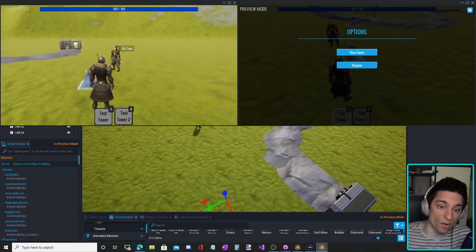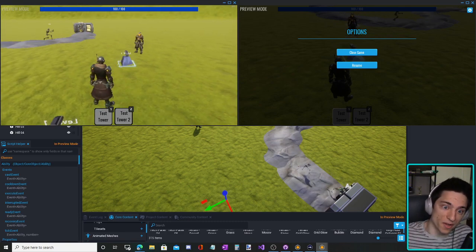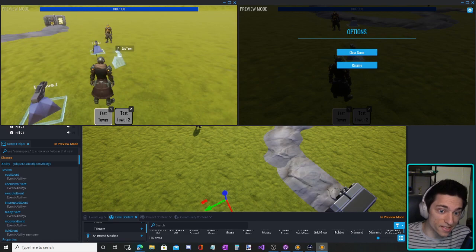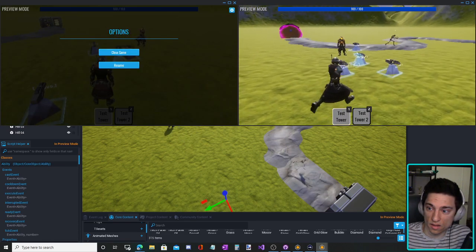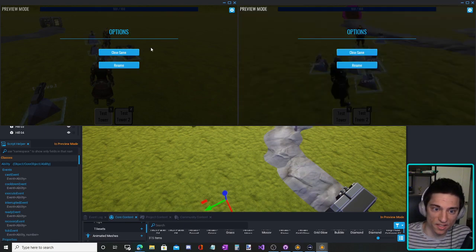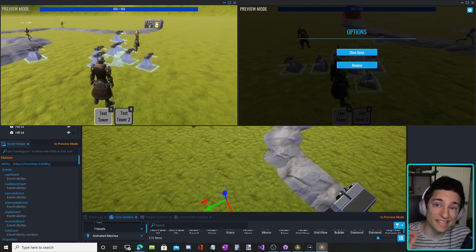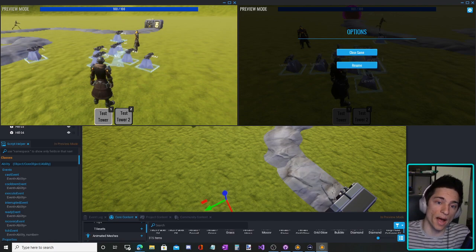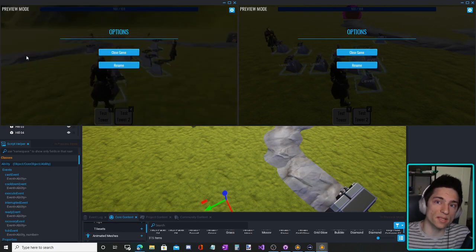So the tower that this guy placed is now in the other guy's world. The cursor isn't, but the towers are. So the cursor is client side. The hologram is client side. It's only seen by the one player, you, if that makes sense. But the towers that are placed are networked, and that makes sense